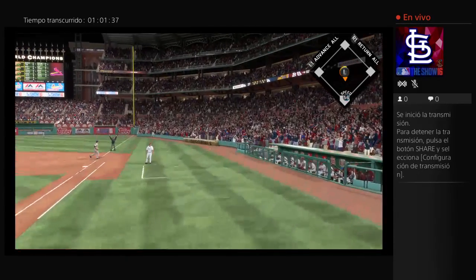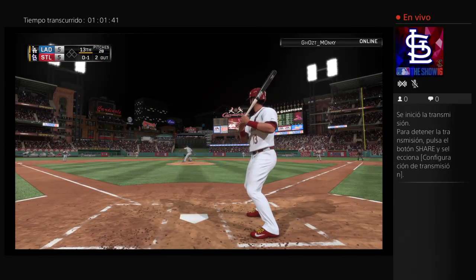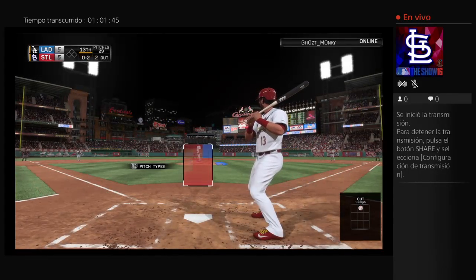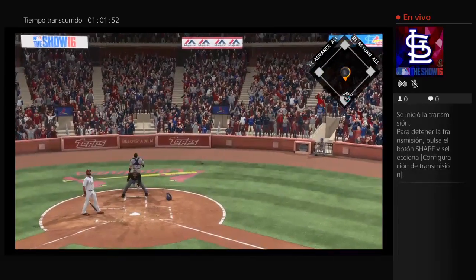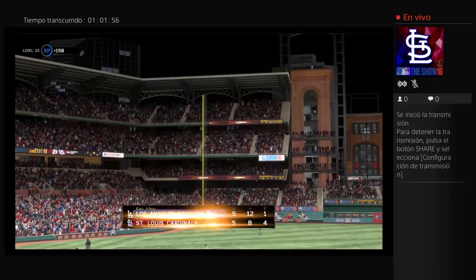Out in front of it, strike 1. That's in there, and he's deep in the hole now, 0-2. And a foul pop behind the plate. Grandal is there to make the catch, and that means we've got